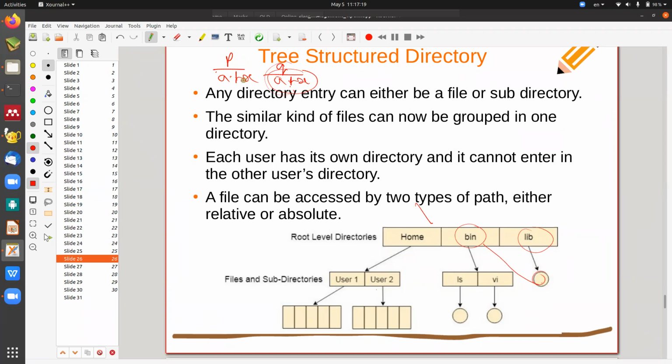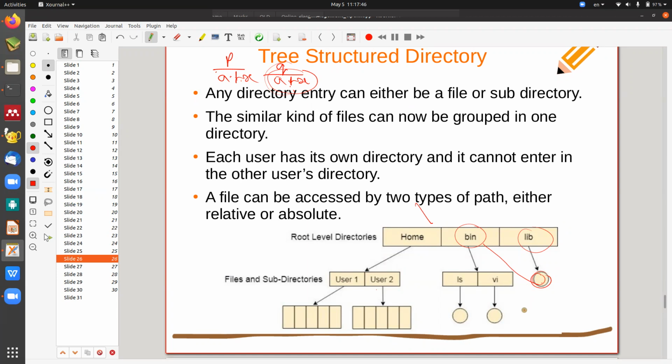Let's take, you are working in a company. The manager told that I have created a file. If you want to update it, you update in that file. If he wants to update, he can modify it. Means the same file will be shared by both. So this kind of thing is not available in a tree structure. But if it is available, suppose this is a file, it will be used by both of them, then it looks like a graph or not.